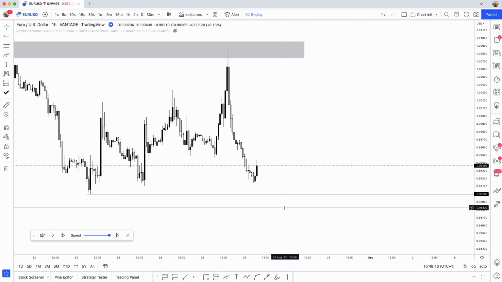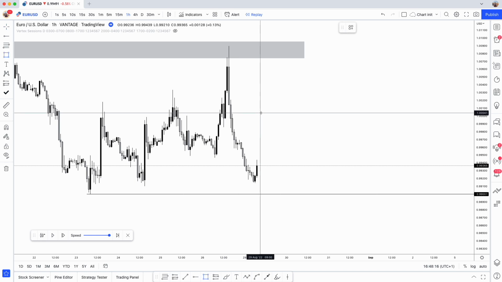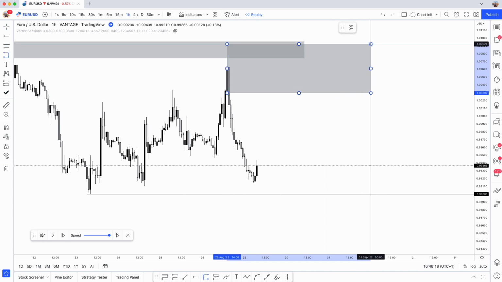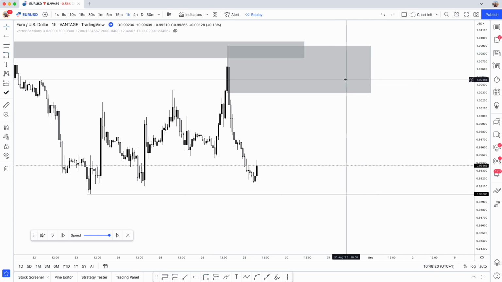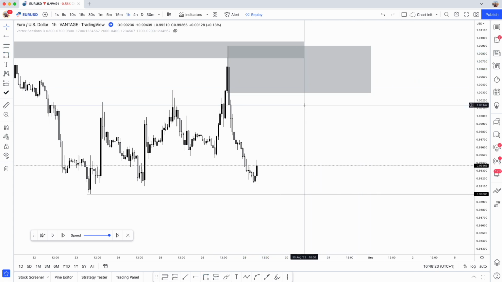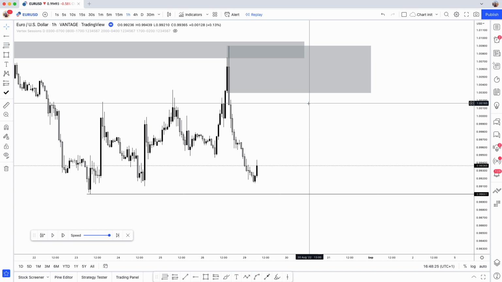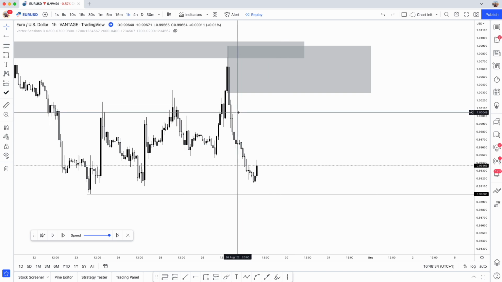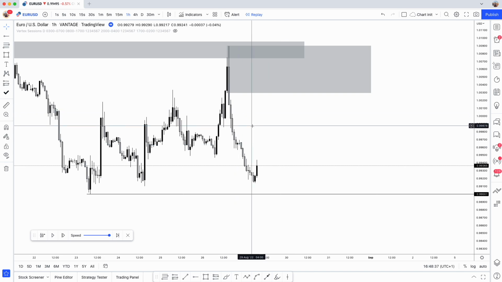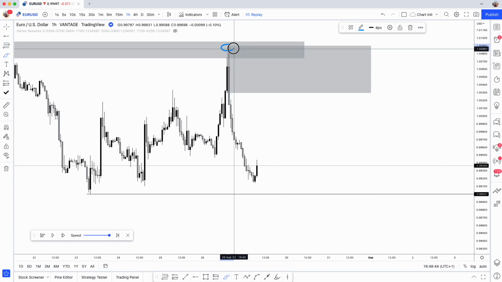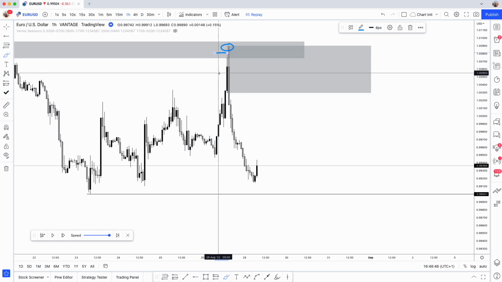Now that we've done that, we need to mark out our POIs. In terms of the hourly time frame POI, all we have is this. Now, this is a huge POI. In terms of refinement, there's a few ways you can do this. I think the quickest and most efficient way, for me personally, is by using the time frame you're on, by either using the 50% or looking for any liquidity wicks. So in this case, this wick has taken previous liquidity.